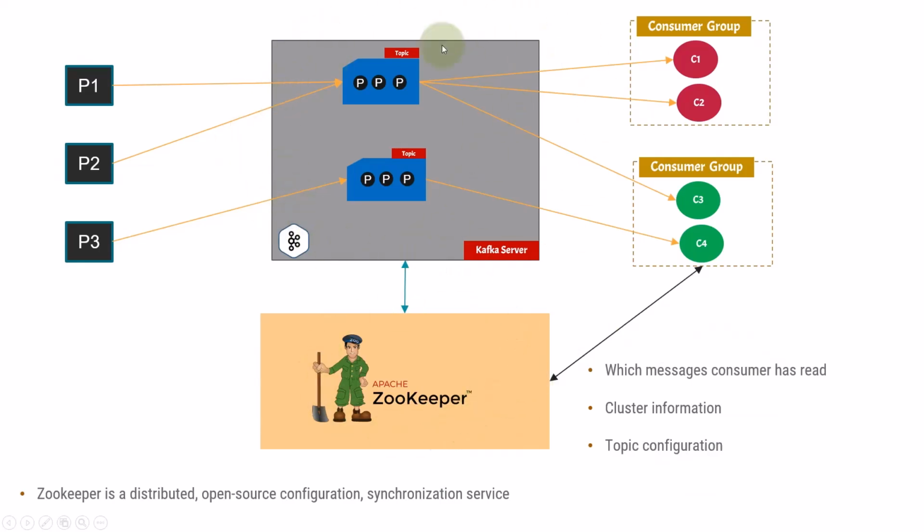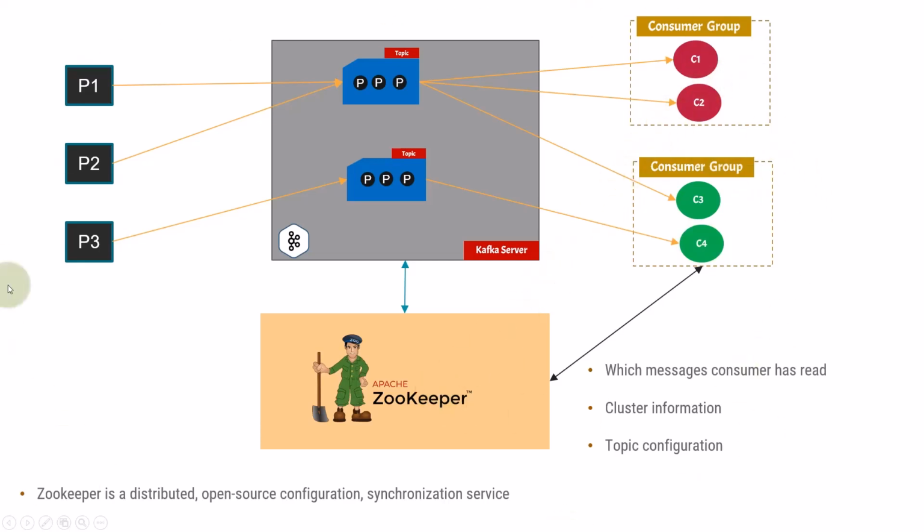So this acts as the data plane and this acts as the control plane, which means all the configuration is present inside Apache Zookeeper. That's why it is called a configuration system. And it is synchronization because the configuration can change anytime. Let's say this topic has 3 partitions, but later we see that load is increasing and we want to increase the number of partitions. We'll increase the partition here and that information will be sent to the Zookeeper, and then Zookeeper will send it to the consumer. Or if some changes are done inside the consumer, then that information will be sent to the Zookeeper.